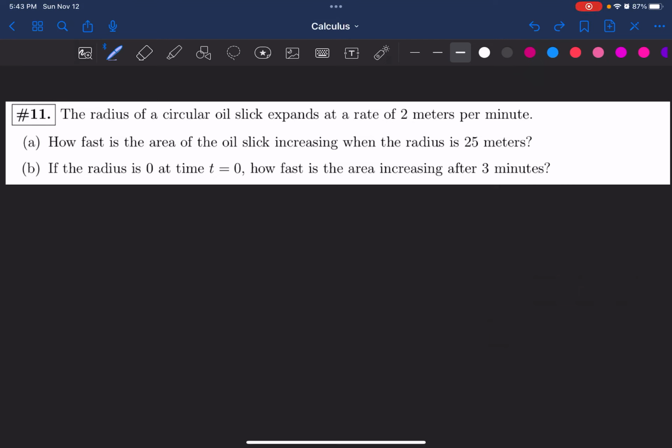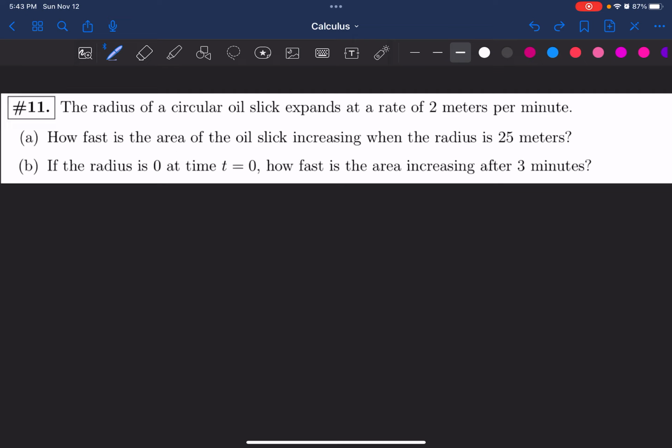All right, this question is quite interesting because they're asking us to find two things. They're asking us to find the area at two different moments. I'm going to read the question first. It says the radius of a circular lake expands at a rate of 2 meters